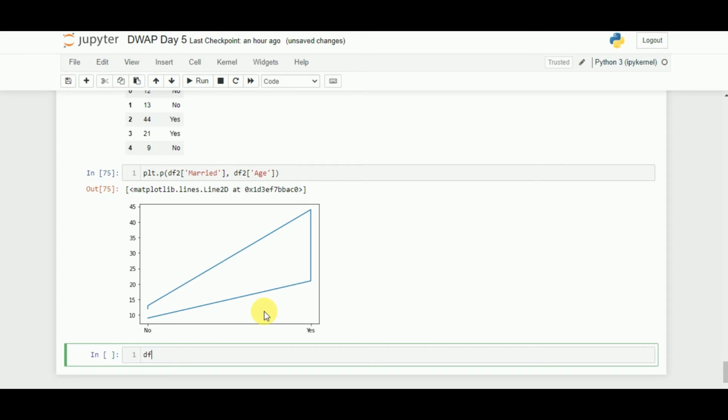And if you want to differentiate that in the same graph here, you have to split that age first, get the number of yes and get the number of no. Then plot both of them on the same graph. So it will give you that. So let's see, we'll do the two now. If I do dot his,